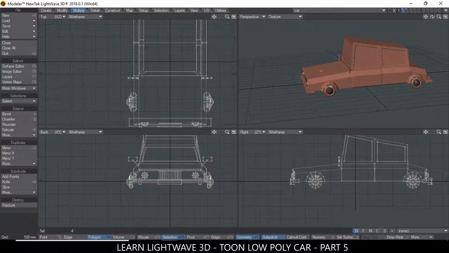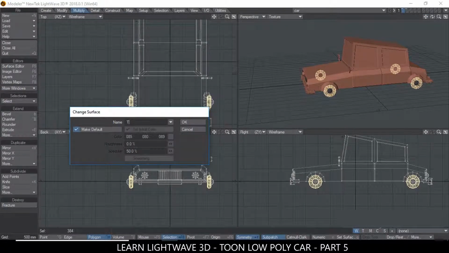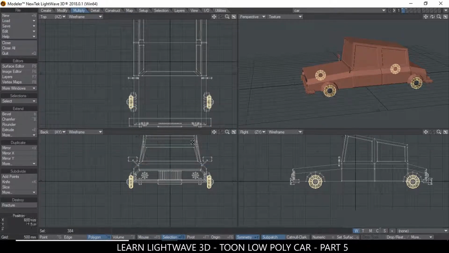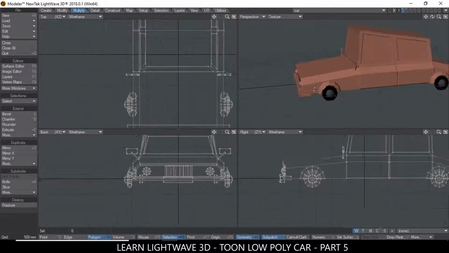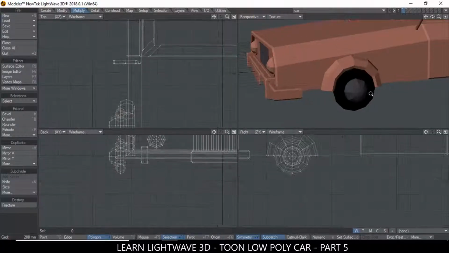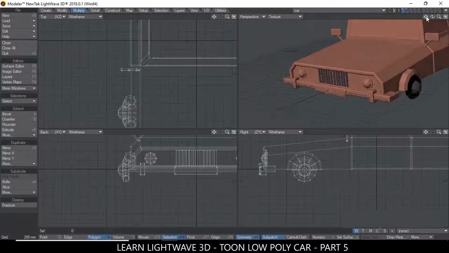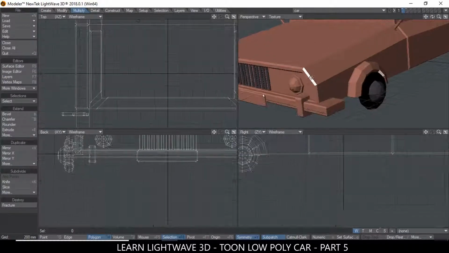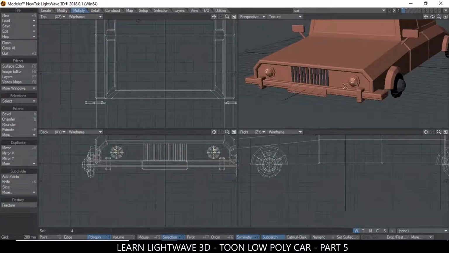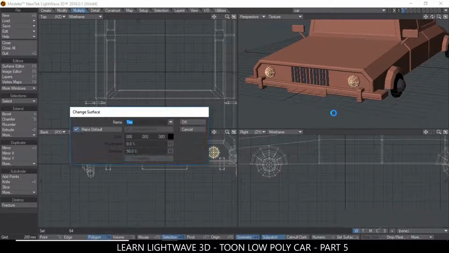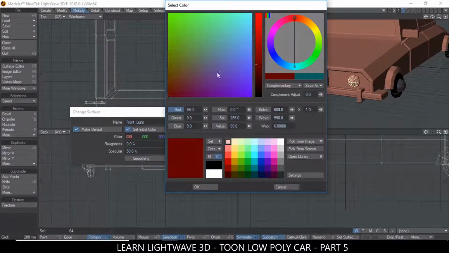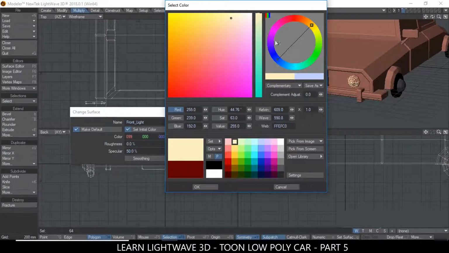I want the tire a little bit darker than the rim. Q, tire, and let's make it darker. Save, something like that. I don't know if that works, but you get the idea. So the lights, though, I'll click on the light and select all. Q, these are front lights, so this is a front light, and these will probably be, what color can we select? Something like yellowish,